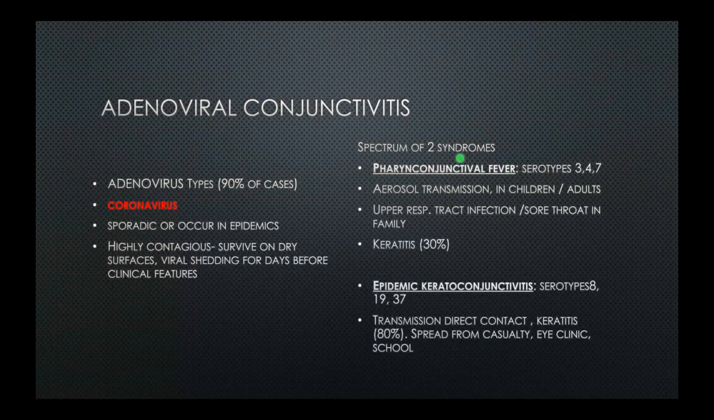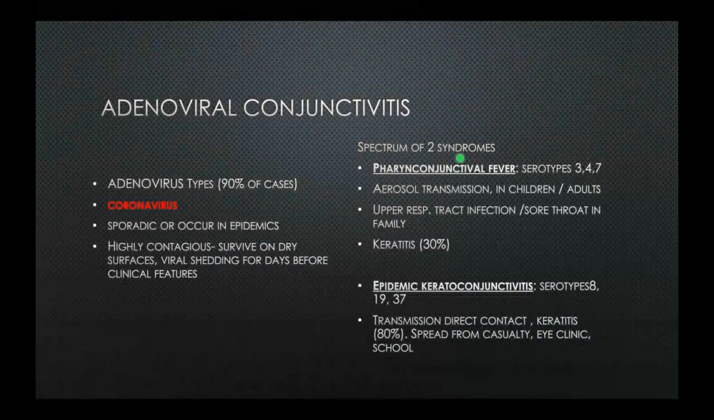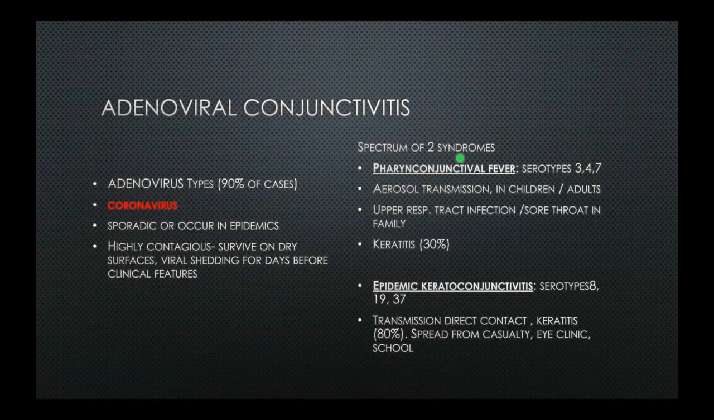So adenoviral conjunctivitis is very, very, very contagious, okay? The virus can survive on different types of surfaces for many, many days, and there can be a lot of viral shedding before clinical features are shown. So asymptomatic patients can still spread the disease, all right? There are two types of adenoviral conjunctivitis, or two syndromes. One is called pharyngoconjunctival fever, and the other is the epidemic keratoconjunctivitis. That's the one that you see all the time. All right, so in the case of